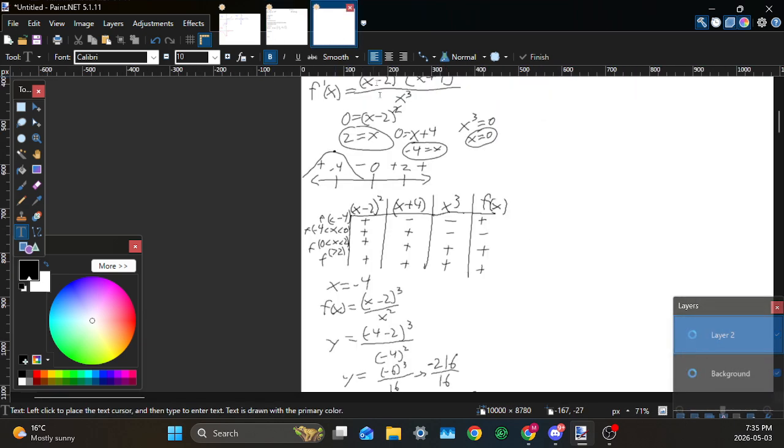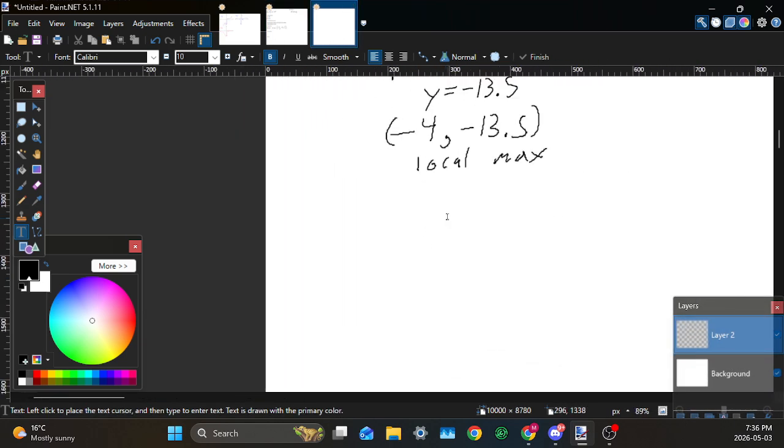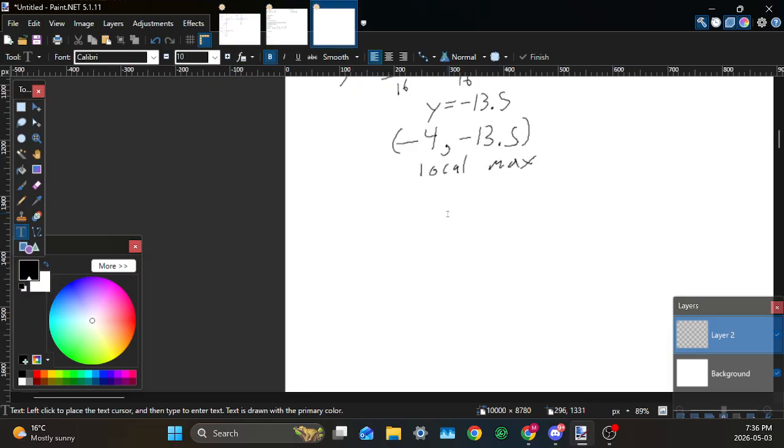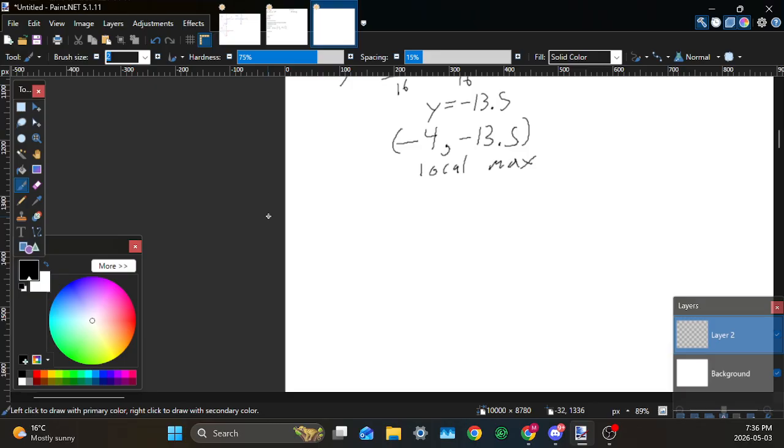Perfect. And then as for concavity, I'll also have the second derivative on a document in the description of this video. So f double prime of x equals (x minus 2) times 24 over